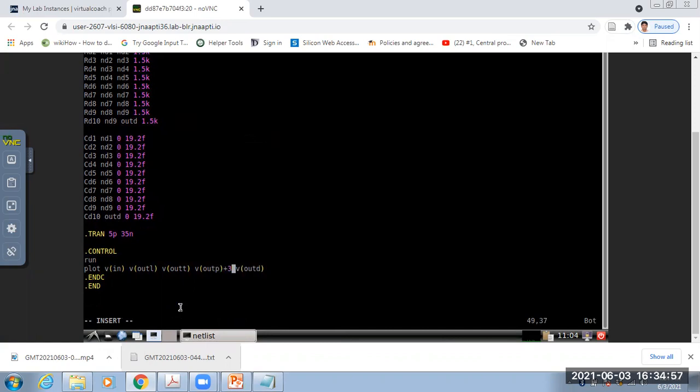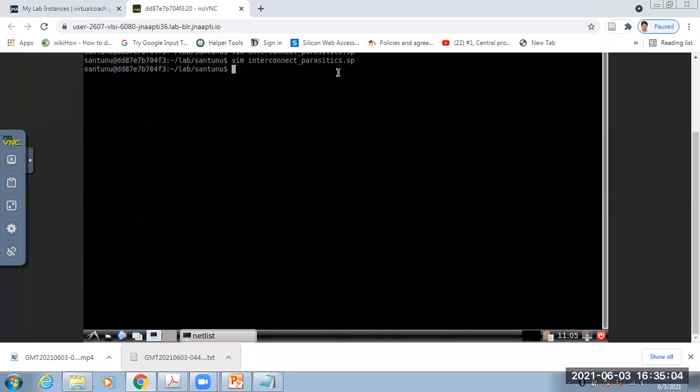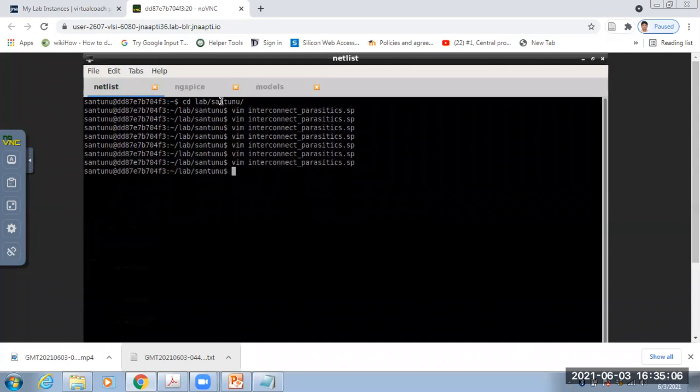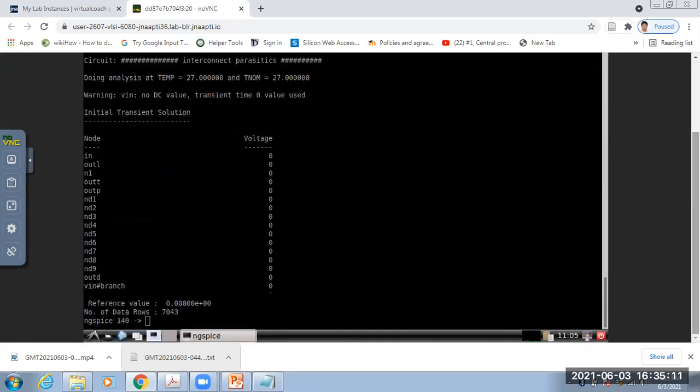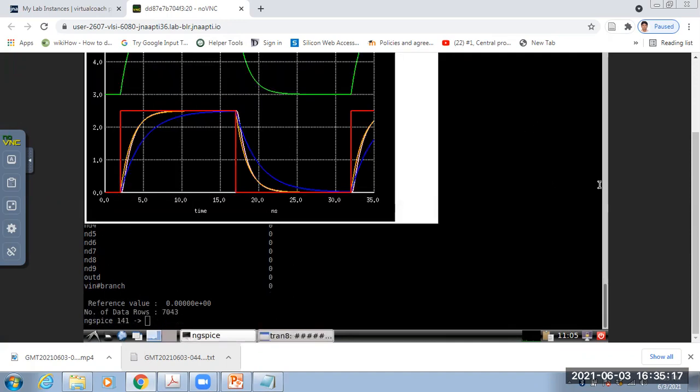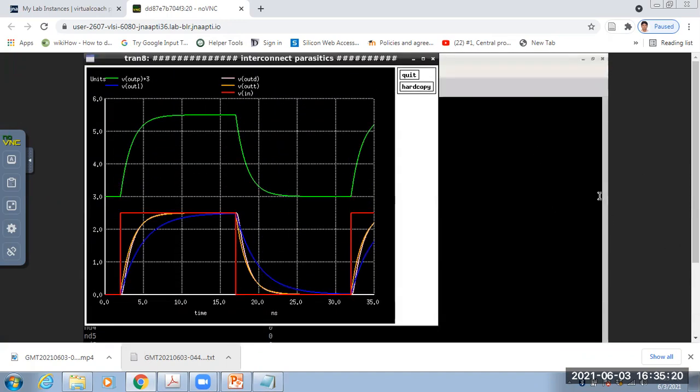Give some offset and check whether it's coming or not. Yes, it's coming. So please check that. Yes, sir. Initially, it is overlapped with another one, so that's why.